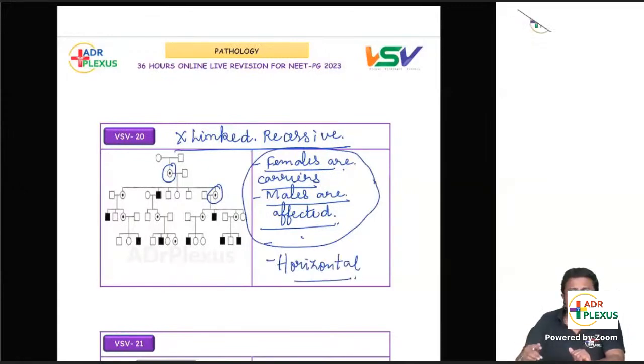X-linked recessive. But you can see that this pattern is not strictly horizontal or vertical, and that is not important here. A male gets only one X chromosome, so if it carries the recessive gene, with only a Y chromosome to support it, the male gets affected. But in females, one X chromosome is normal and the other is recessive, so the female will act as a carrier.